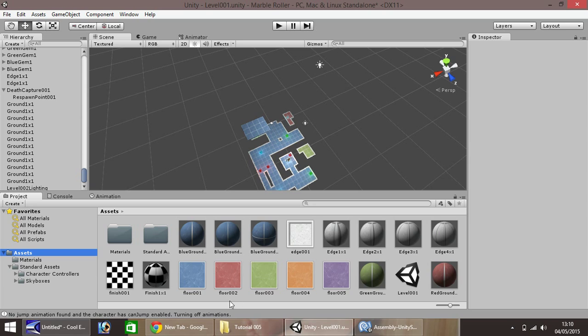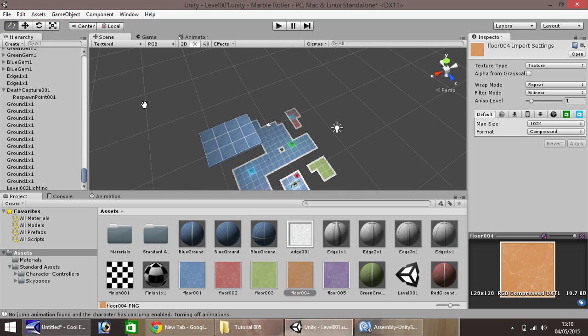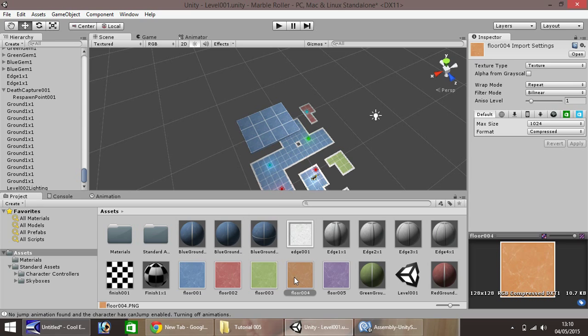Okay, so as always we've had the first, second, third colour. So what we need to do now is basically just apply floor 4 or floor 5 straight to one of our blocks. Give the whole area a little more colour. Like so. Make it a little multicoloured. Or should we, I'll tell you what, we'll keep it all purple just for now. And this can be our starting point